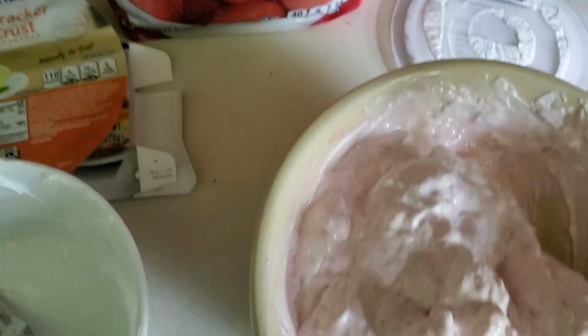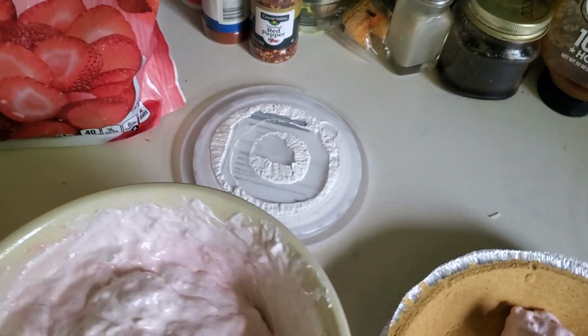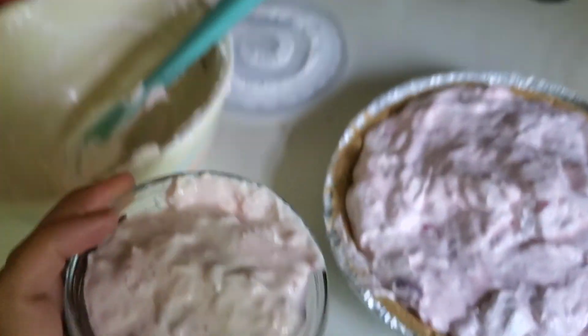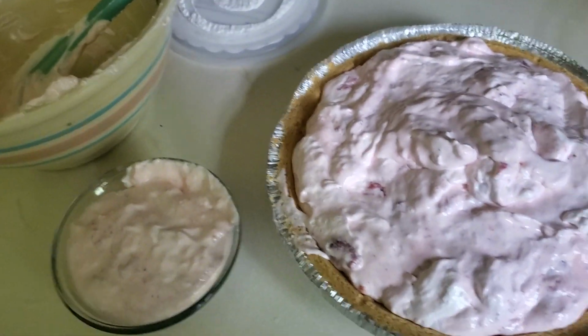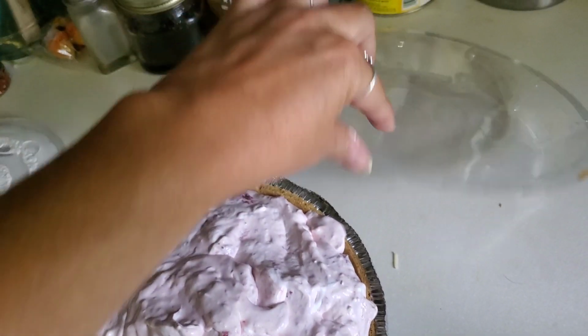You can get messy. The cool thing about buying the pie crust is then you get the little plastic lid that you can put over it. So I just had an awesome idea with the extra. I just put it in this little glass cup. That's where I have parfait cups somewhere. But you could just sprinkle graham cracker crumbs on top of it, and that would be a nice immediate dessert. Otherwise, you fill up your pie crust, put on the lid,